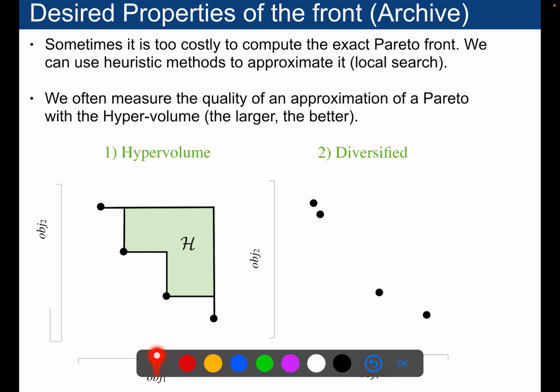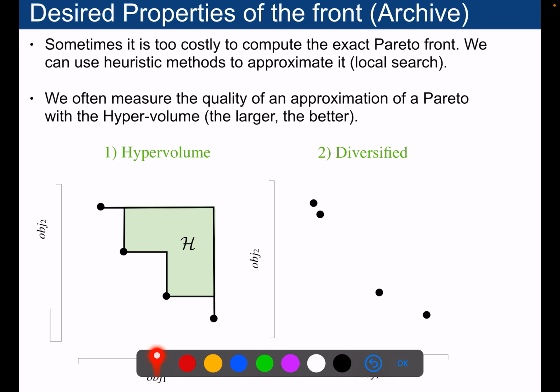If you have a multi-objective optimization problem, one possibility is to use what we call the hypervolume of the Pareto set. Okay, the hypervolume is what is defined by this surface. If the hypervolume is very large, that's better, right? So if you find that between two algorithms, one of them obtains a higher hypervolume, then it's better.